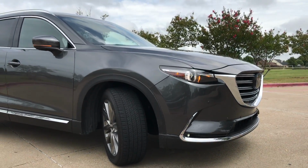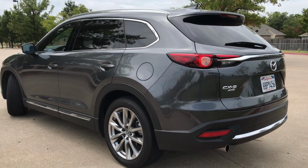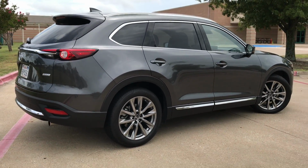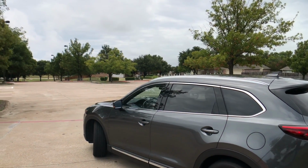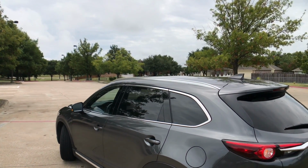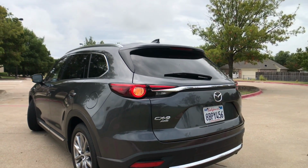And then one way to kind of distinguish whether you have a higher trim is the chrome trim, the chrome molding that you have there. That's on the Grand Touring and up. And then of course with an SUV on the Grand Touring and up, we do get those roof rails up there as well. And then as we move our way to the back of the Mazda,